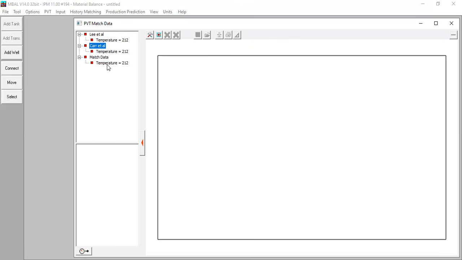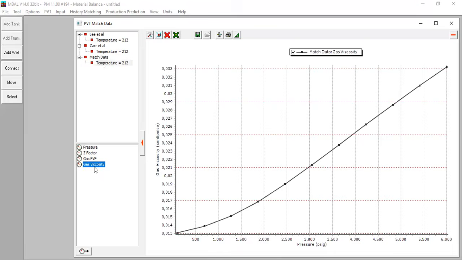Now we first select the laboratory data. Let's plot the gas viscosity. This is the gas viscosity from laboratory data. Now we want to check the correlation from Lee et al. Select this one, temperature 212.